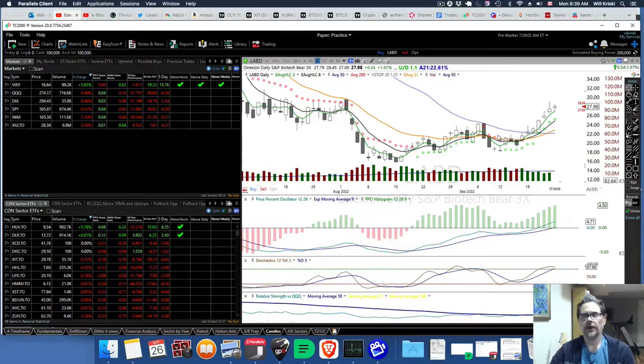A great place to try to get in is after a pullback. It doesn't always work, but see how it pulled back here and it boosted. Now here you had a 50 right close, but it bounced off the 50. So that's not a great spot in my opinion when you're very close to the 50. But then after this pullback you start to see green volatility stops getting up above the 8 EMA,